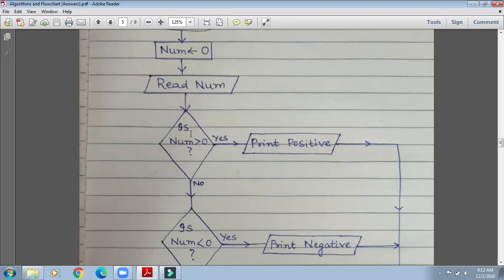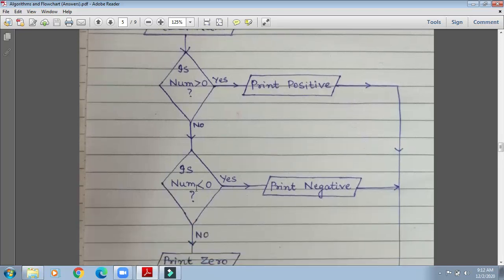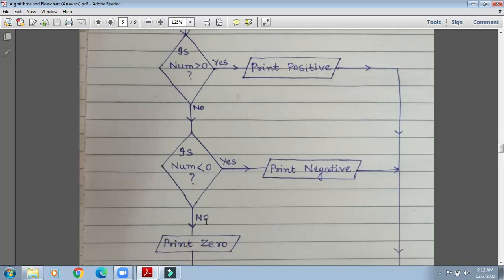Now is num greater than 0? Is number greater than 0? So yes, we will print positive. Okay, if no, then it will again check, is number less than 0? Yes, print negative. Otherwise if no, then it is obvious that it is not greater than 0, not less than 0.